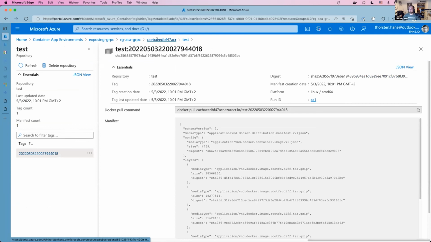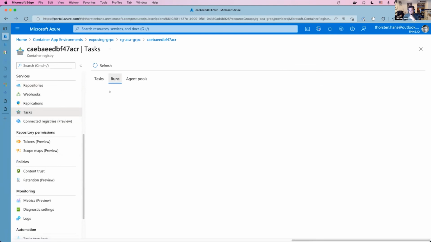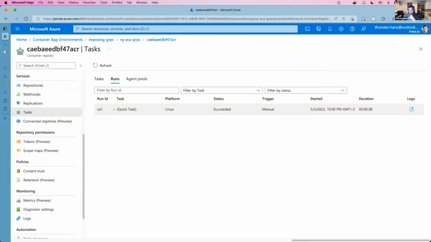At some point in time, I may get charged also for the build hours or the build minutes. So there was that quick task, what they call it, that took roughly a minute. I can't recall how many minutes there are free per month, but there's an amount of free minutes that you can just use to build your container images. Unfortunately,